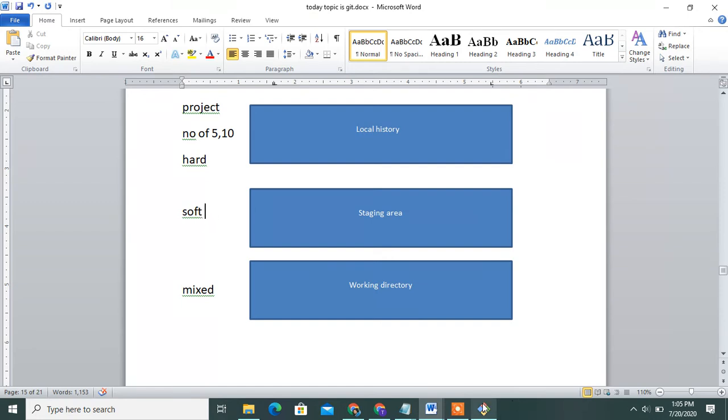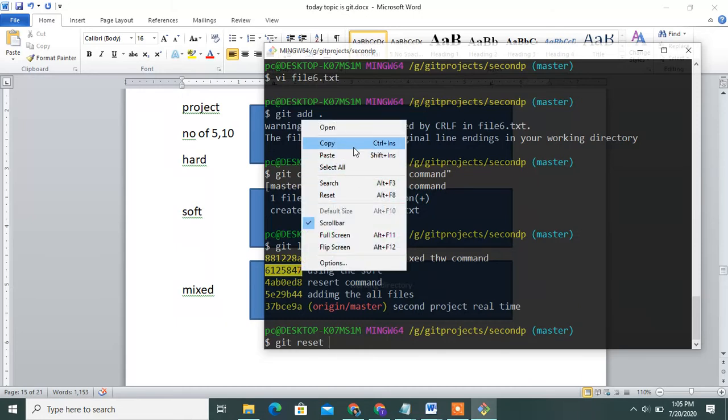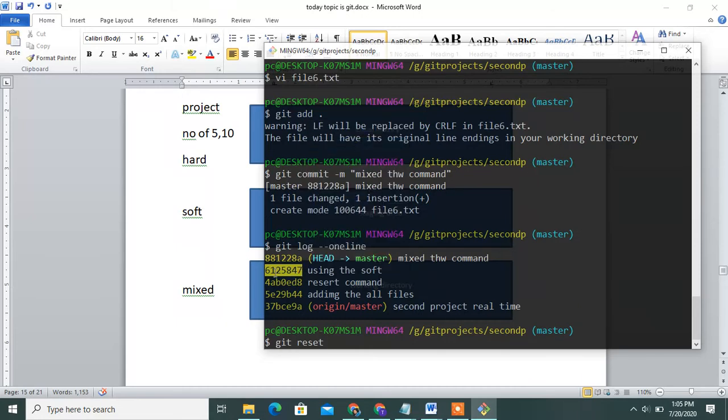I will show it. First of all, git reset. I will use this commit ID, see, 6125.